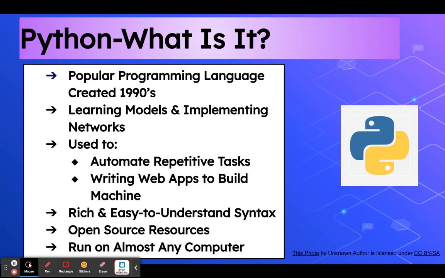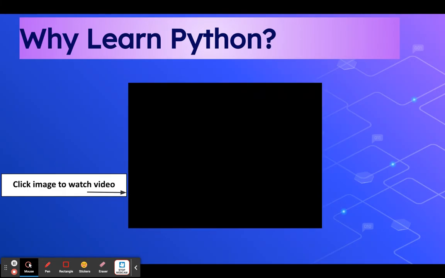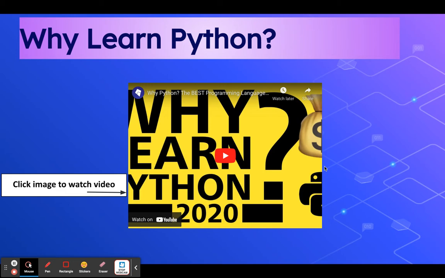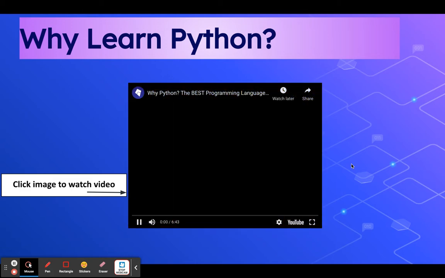There are also programmers there that will help you if you come up with a situation where you're kind of stuck. And it's always good to collaborate with other people. So again, it's open source. That means it's free, and you can use whatever is up there. And it runs on almost any computer. This one is interesting too. So again, watch it here or through the link that is on the classroom activities list.